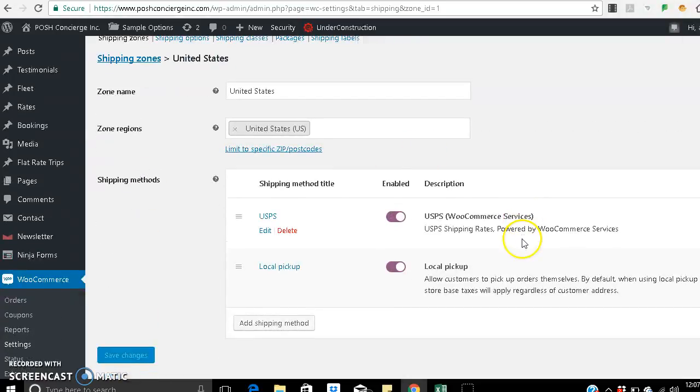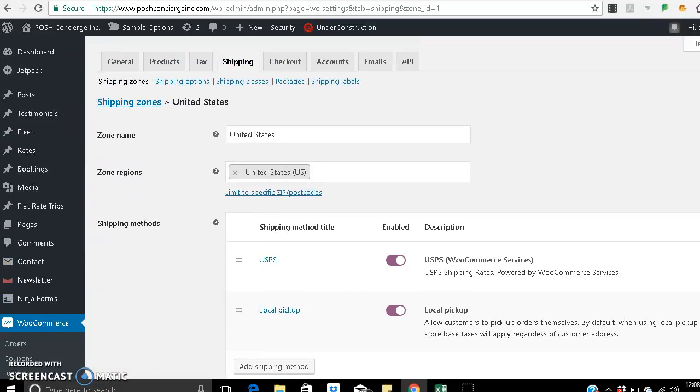We will see that the two shipping methods that we have, like I said, are our USPS and our local pickup option. If we want to delete our local pickup option, we can simply hit delete right here. Or if we want to just take it off of the website temporarily, we can slide that toggle bar back so that it is not enabled, but it is still there. So we can simply enable or disable it however we want. And that's completely left to your personal preference. All right, so